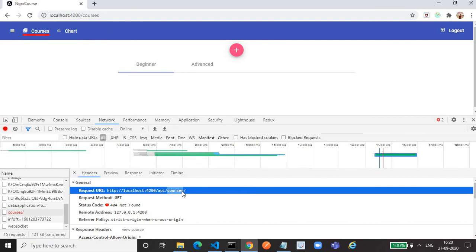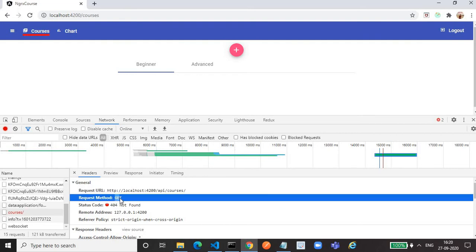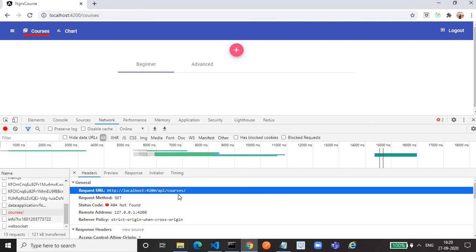So we have given the entity name as course, then it will take that and add s, because it is a get request. If you see, it is automatically triggering the get request. We are not calling the get request anywhere. It is automatically triggering this get request, and it is expecting the API should be like this, API/courses.